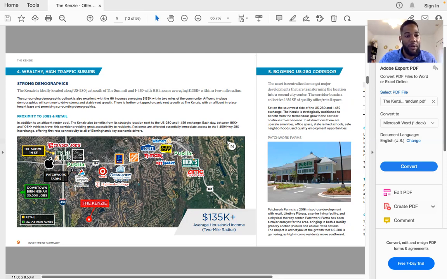And with a city like Birmingham, where the county has a population of 1.2 million, it's a sizable city, but it's not like an Atlanta, right? So people can really get to work pretty frequently. My commute to work is maybe 10 to 15 minutes from where I live. So that's usually what it is.